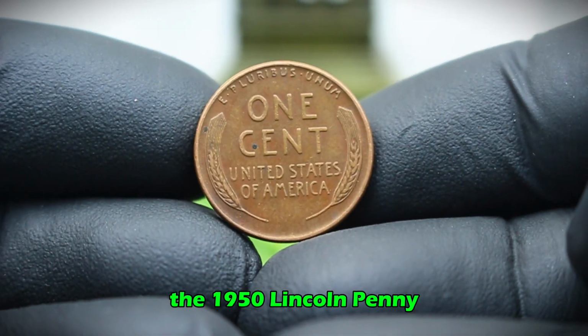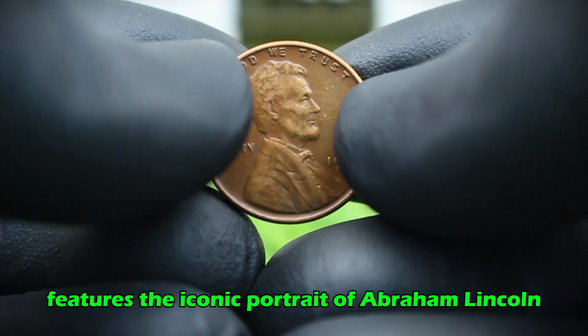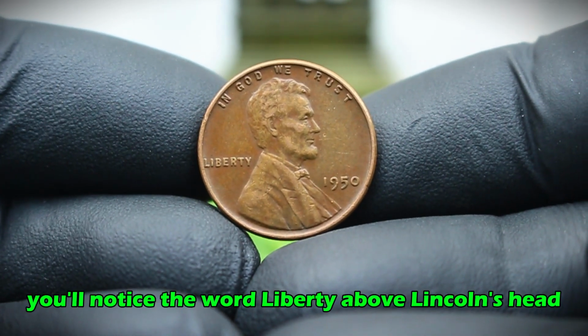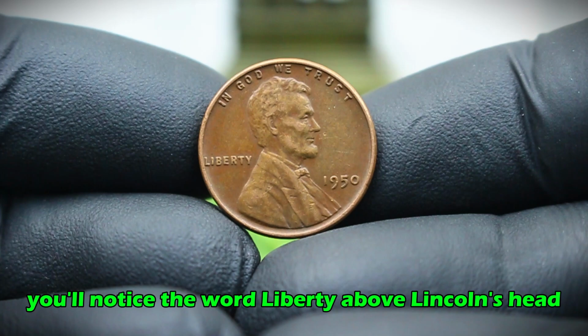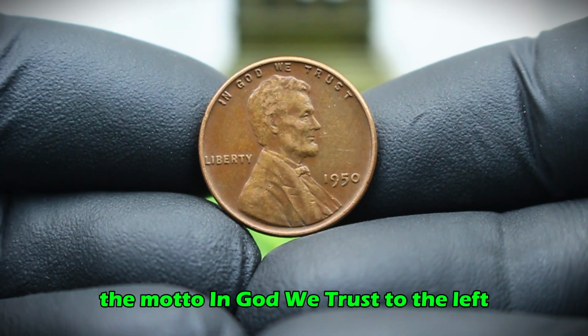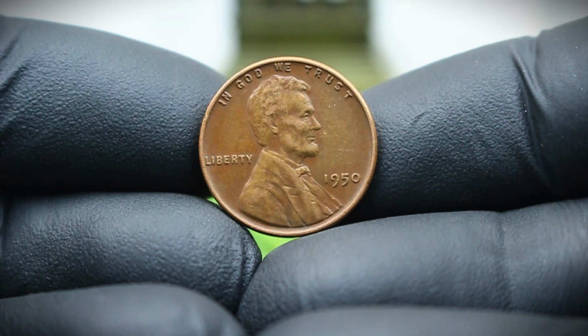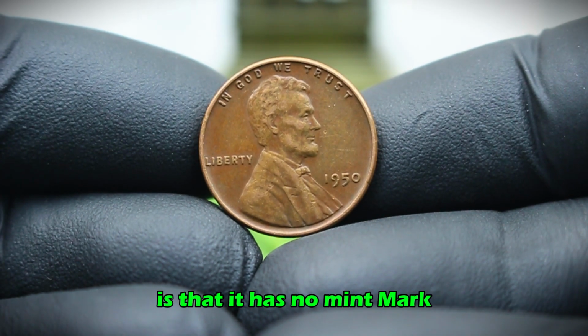The 1950 Lincoln penny features the iconic portrait of Abraham Lincoln designed by Victor David Brenner. You'll notice the word Liberty above Lincoln's head, the motto "In God We Trust" to the left, and the year 1950 at the bottom. One of the key things to note about this penny is that it has no mint